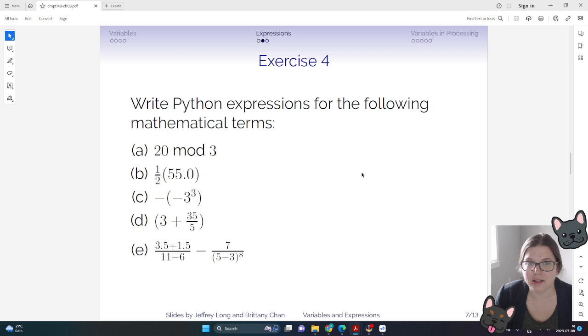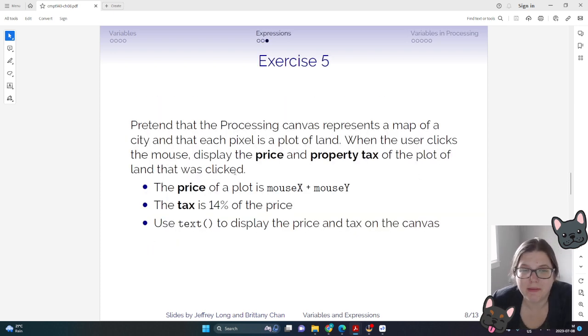Now that we've had a little bit of a break from thinking about our model view controller design, we're going to do another example of that. I'm going to do this exercise, and then the remaining exercises you'll do on your own. And if you have problems with them, you'll come to help hours or tutorials and we'll give you a hand, okay? So this one here, we're going to be